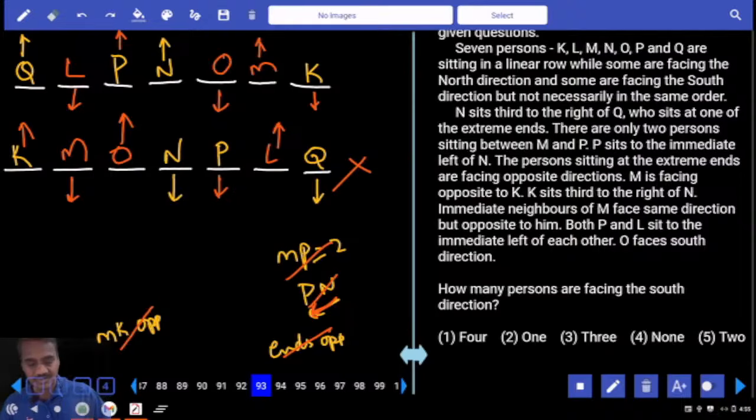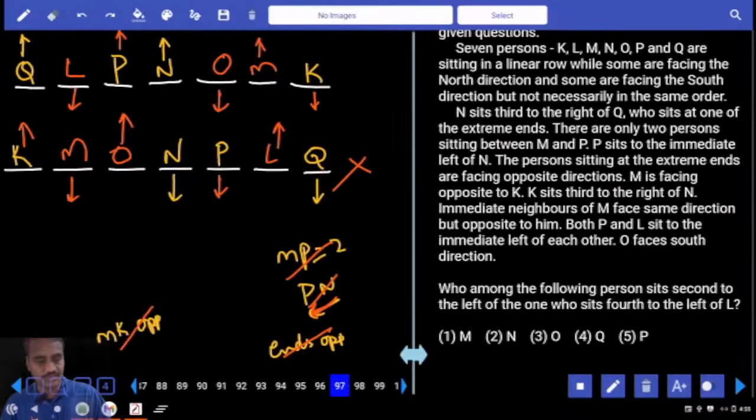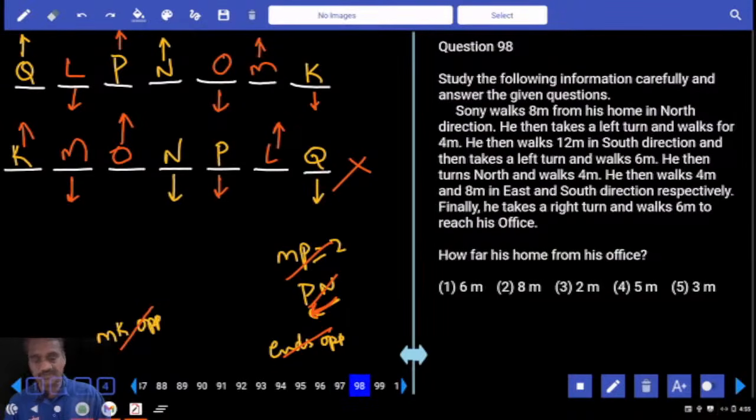Now this is from question numbers 93 to 97. Then 98 to 100. Then coming back to 98 to 100. Now in this 98 to 100,